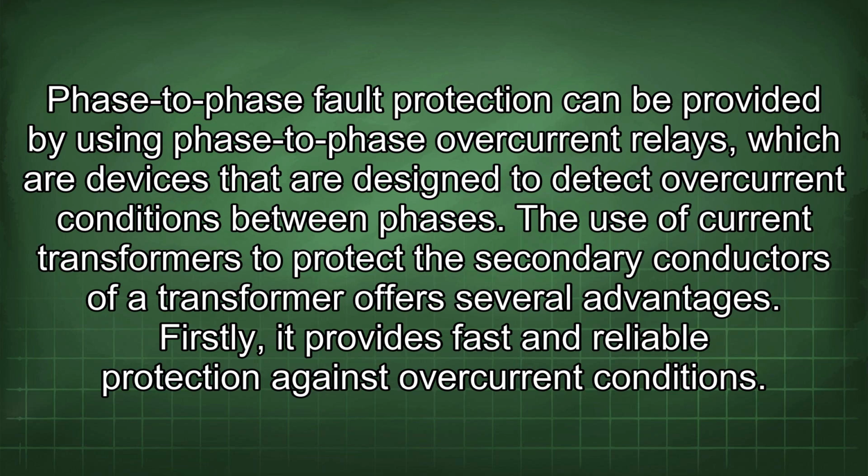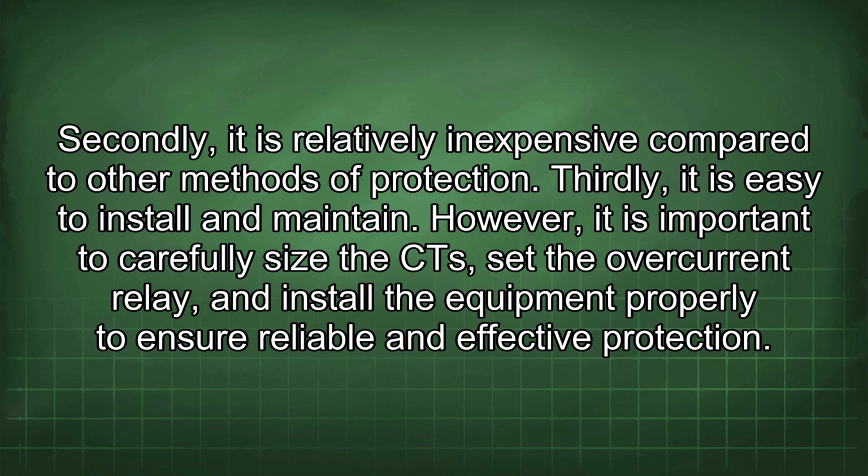The use of current transformers to protect the secondary conductors of a transformer offers several advantages. Firstly, it provides fast and reliable protection against overcurrent conditions. Secondly, it is relatively inexpensive compared to other methods of protection. Thirdly, it is easy to install and maintain. However, it is important to carefully size the CT, set the overcurrent relay, and install the equipment properly to ensure